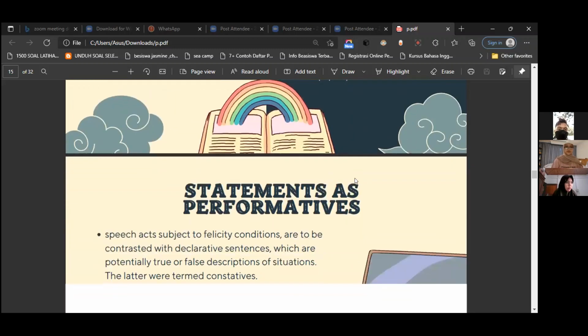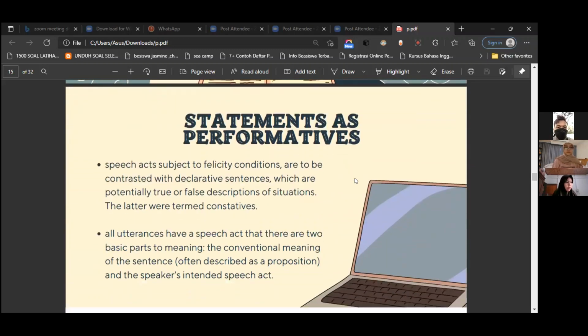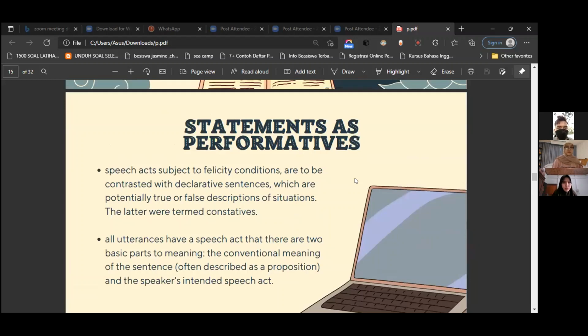So the next material is about statements as performative. Speech acts subject to felicity condition are to be contrasted with declarative sentences, which are potentially true or false descriptions of situations. The latter were termed constative. So after the performative that was explained by Iwan earlier, there is also a performative in the form of statement, and this term is also called constative. And besides that, the linguistic survey by Sadock and Zwicky found that